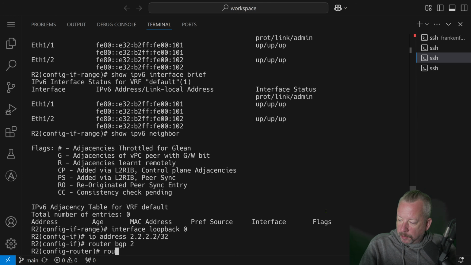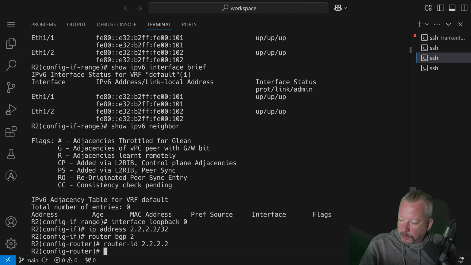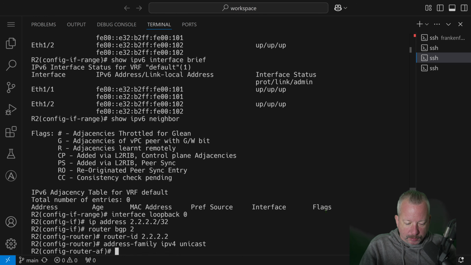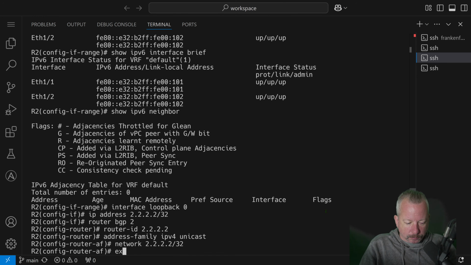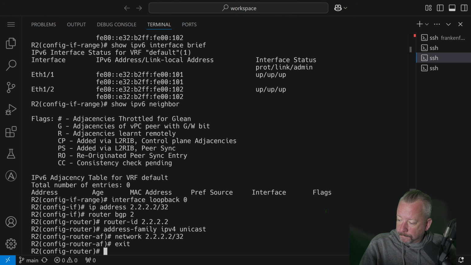Takes a second. Router ID, always important. And then we'll do address family IPv4 unicast. Network 2222, that'll put it into the routing protocol. Again, there's other ways to do it, like route maps and so forth, but we're not going to do that. And then next is